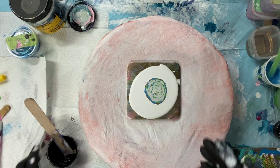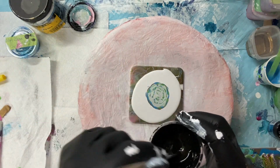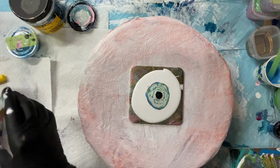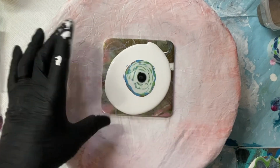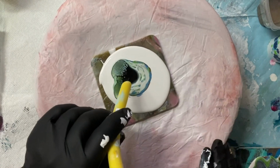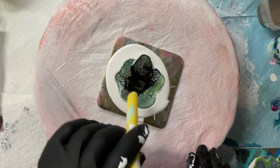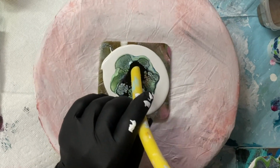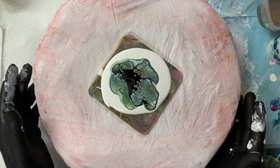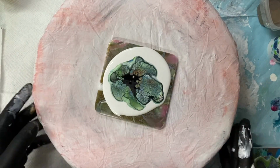All right. I'm going to blow with my straw. It's got the halo. Oh. That's really pretty. I didn't center it very well, but